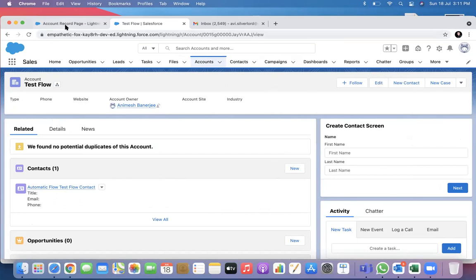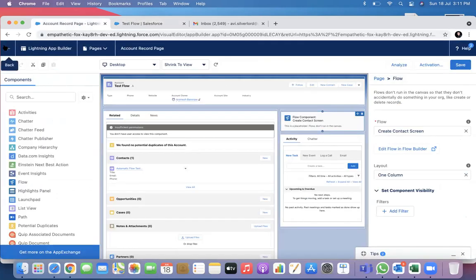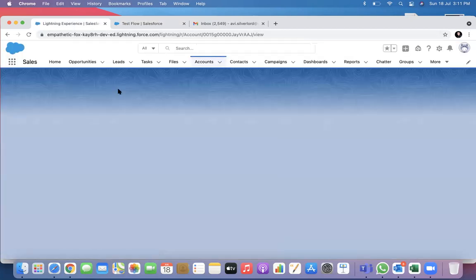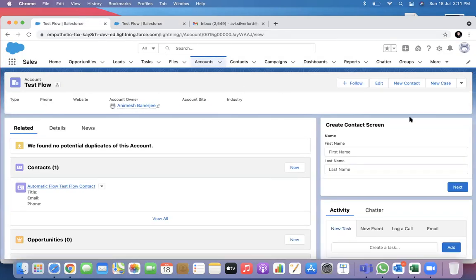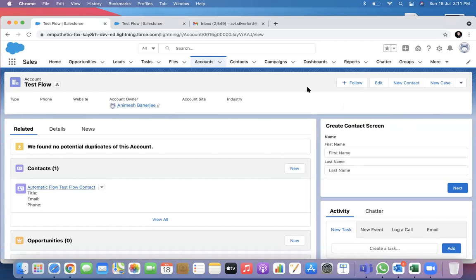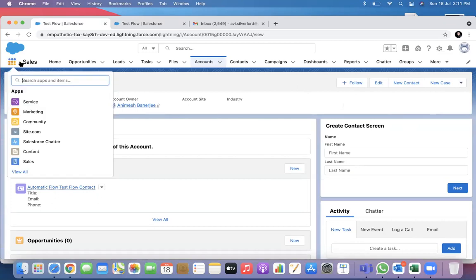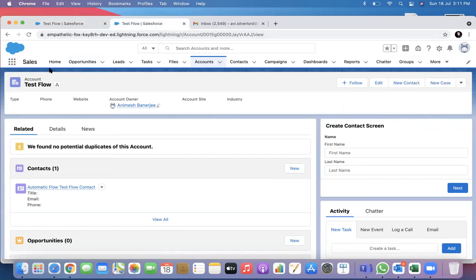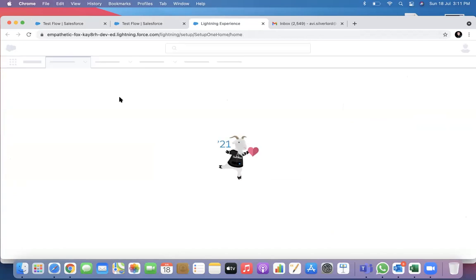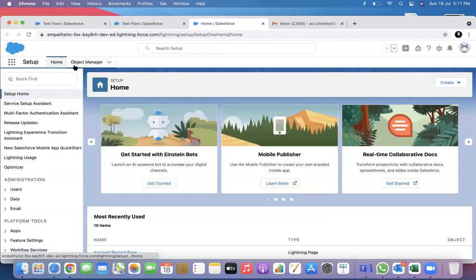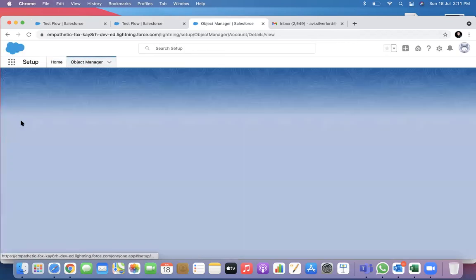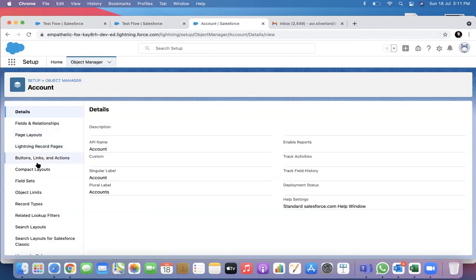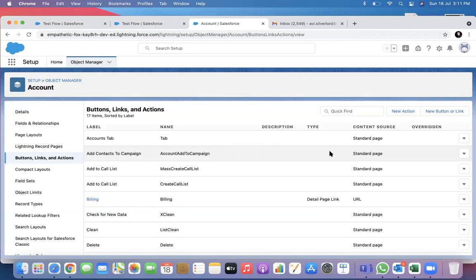Let's do that. If I can go back to the setup, go to account, here buttons, links and actions are there, right?